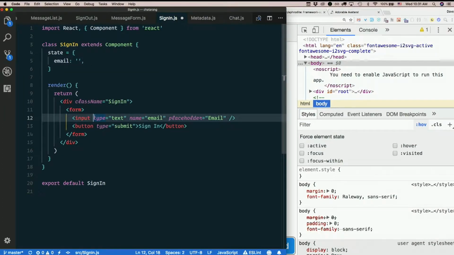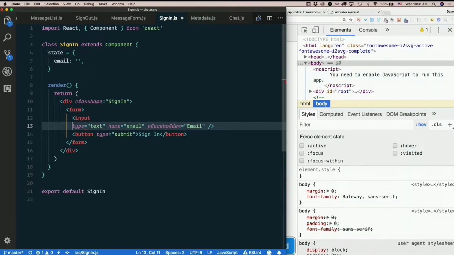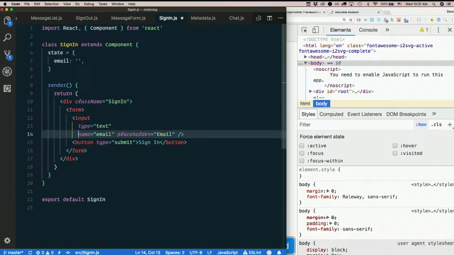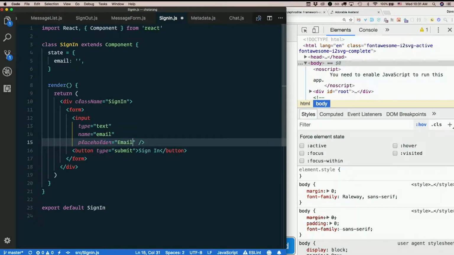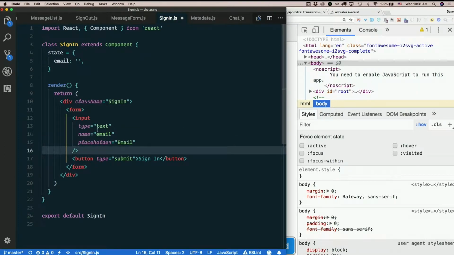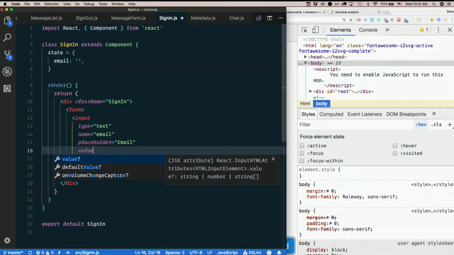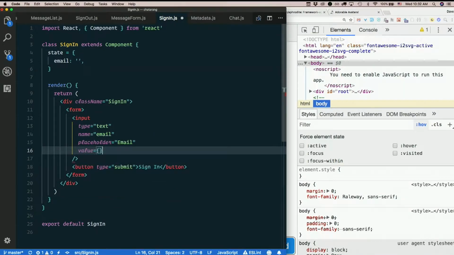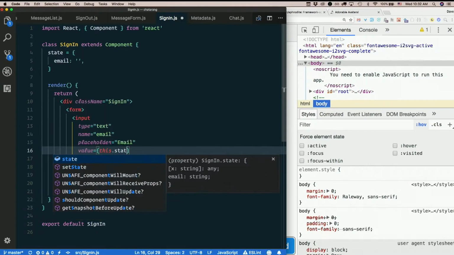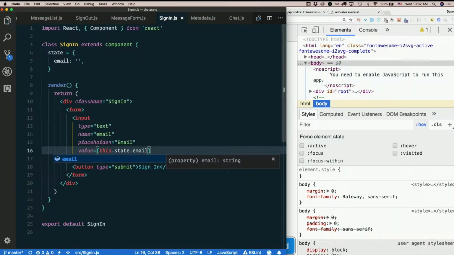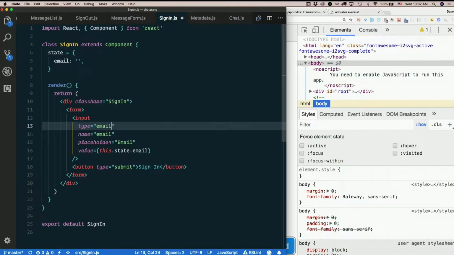So on our input, we need to put value equals this.state.email. And actually, instead of saying type text, I will say type email. That does do something in some browsers. It's basically just a text field, but